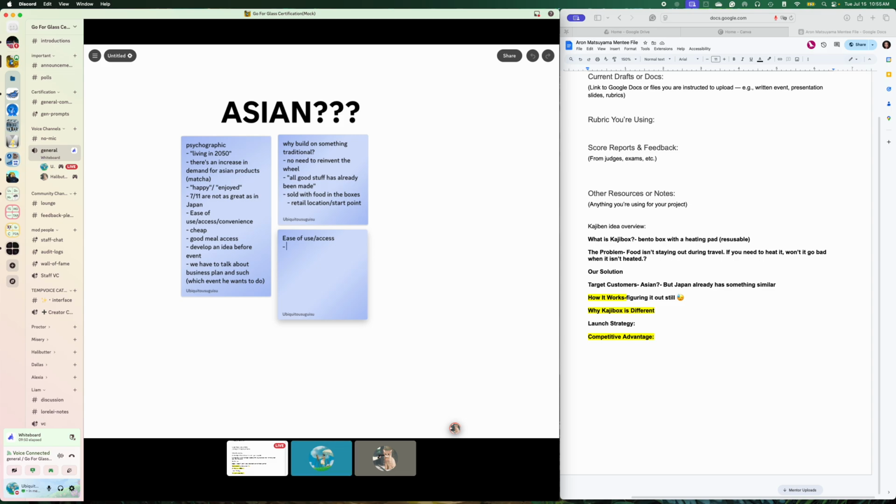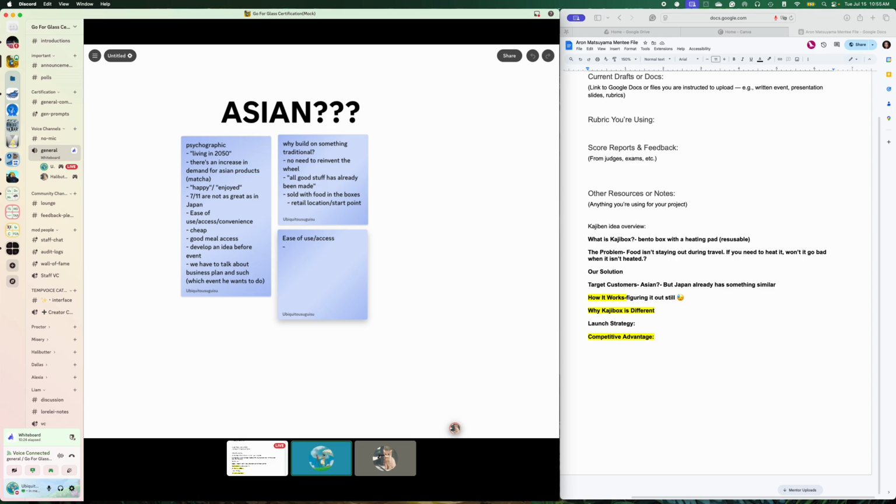I personally read this and thought you were talking about the infamous Japanese work culture. I don't know the stat off the top of my head, and I'm not going to make one up because that would be dishonest, but it's a whopping amount of Japanese people. I think they're called salarymen, right? Because they're just contracted. That's a whole thing. A massive amount of salarymen commute to work every single day, and